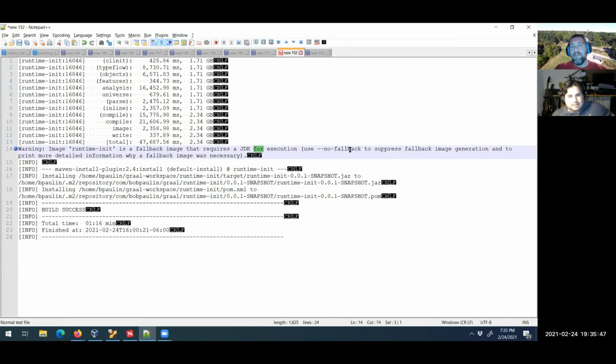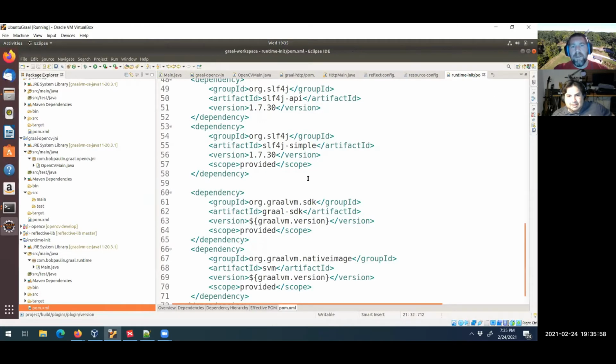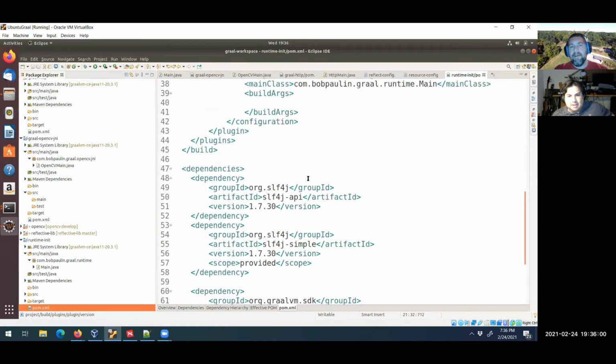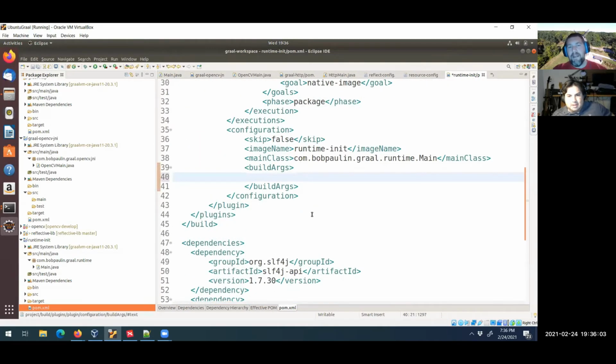So what we need to do, and it actually tells us this, is add the no fallback option here. And what that's going to do is say, hey, you're going to do a native standalone image or bust. So if it can't do the native image, it's going to fail the build. Now there still can be things where the build succeeds and there's a runtime failure. But if there's anything Graal is doing for you at build time and it sees that it's missing something or that it can't get to the next step, the no fallback is basically not going to fall back to that